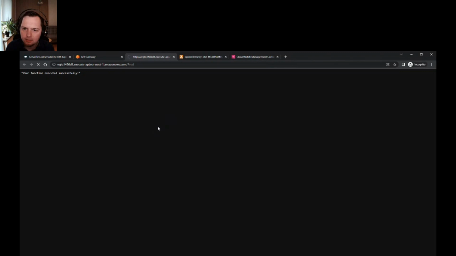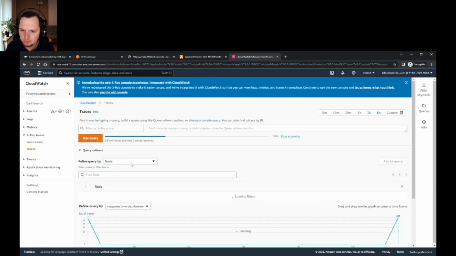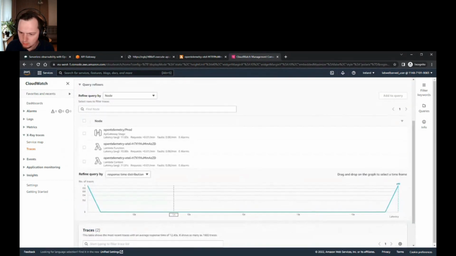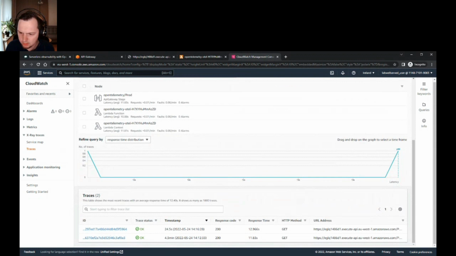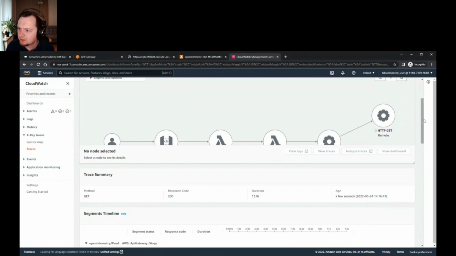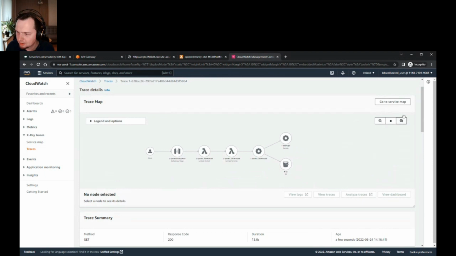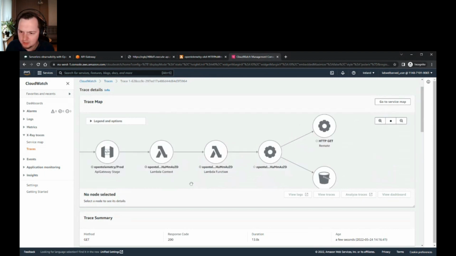Again, we didn't fix anything, so the function will still run for about 10 seconds. But now, hopefully, I will be able to see a bit more in the traces. So let me go to the newest trace. And you already see that in the map there is a bit more that I can see.